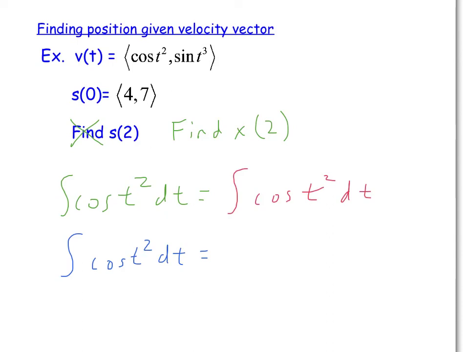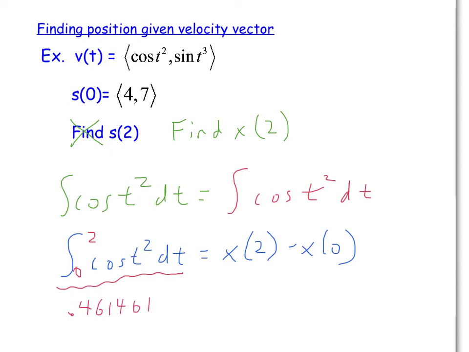And the limits of integration for our integral we can get off of the problem. In particular, since we're given the x position at time 0, that could be our lower limit of integration, and since we're looking for position at time 2, that could be our upper limit of integration. And by the fundamental theorem of calculus, this particular definite integral should equate to the x-coordinate of position at time 2 minus the x-coordinate of position at time 0. And so then, to finish this problem off, your TI-Nspire calculator can get you an answer to that particular definite integral. In particular, that would be